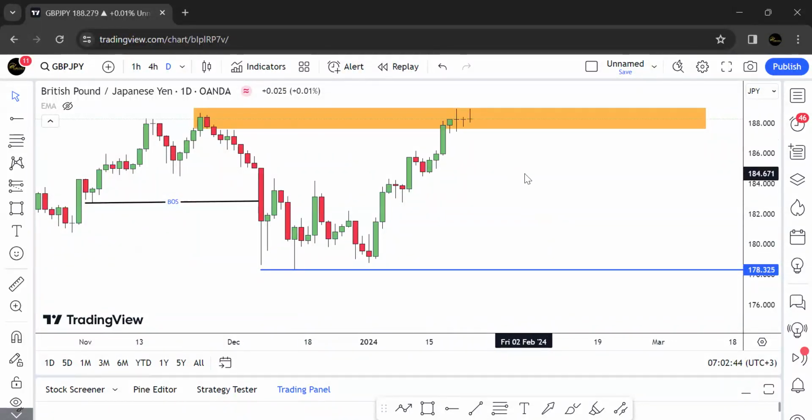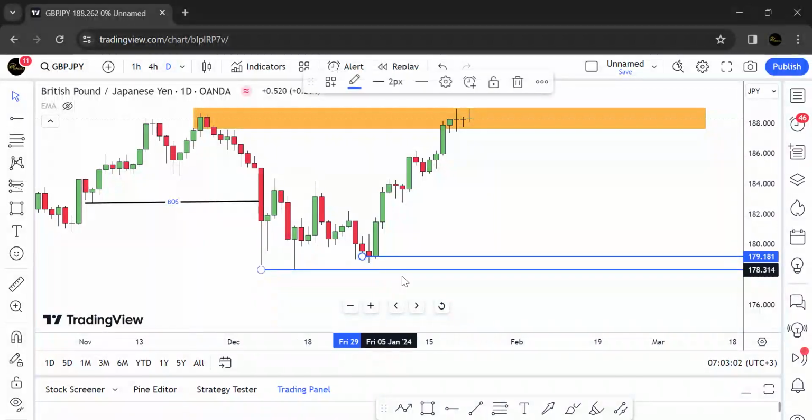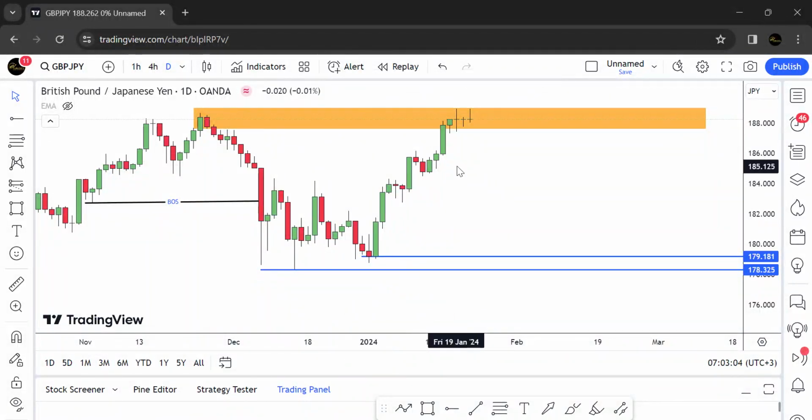So here it's a wait and see. If we get a long red candle showing us that the sellers have come into play, then you're going to enter sell, put our stop loss, and our take profit will be between this point and this point. And if the market breaks above, let's say, for example, a candle closes above here,